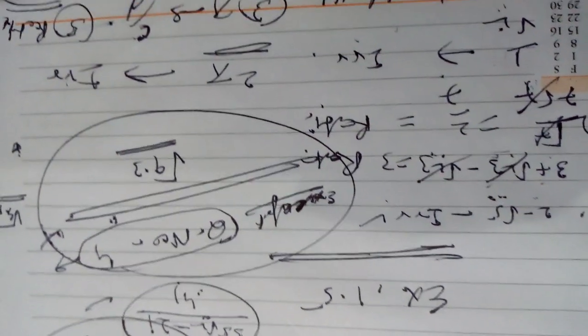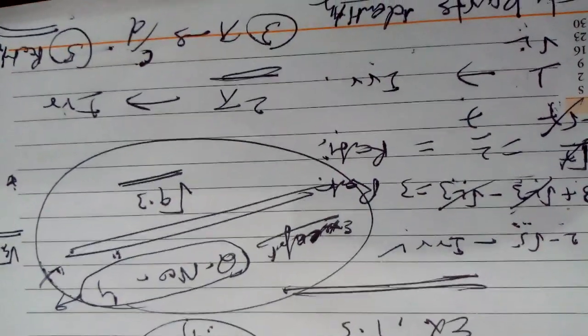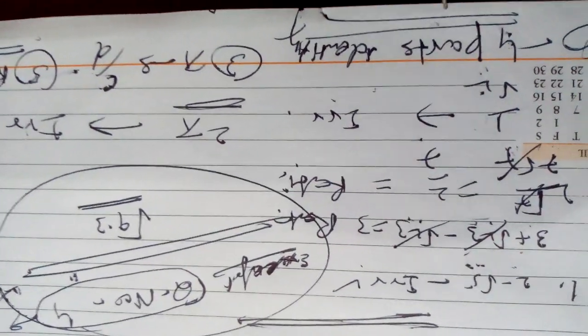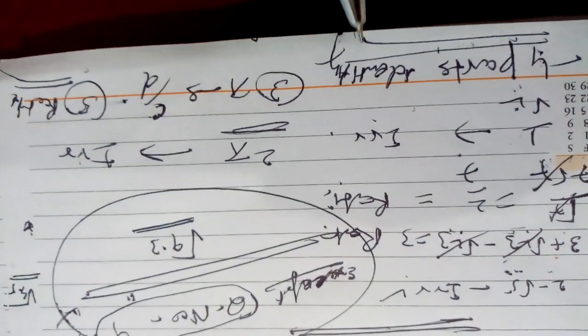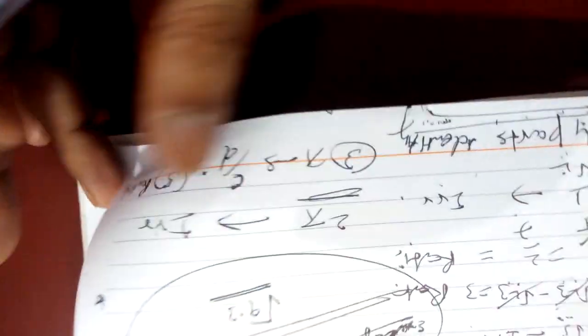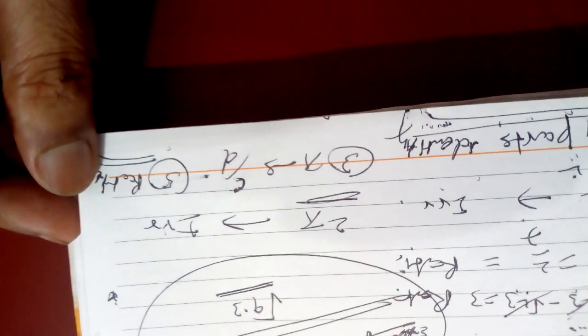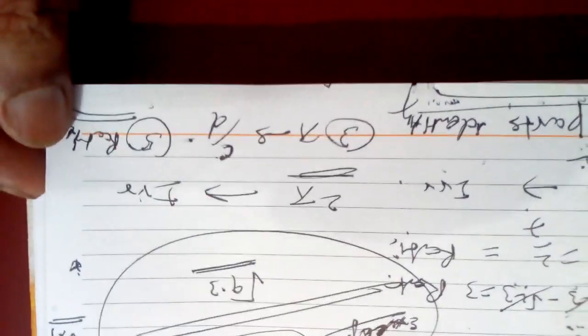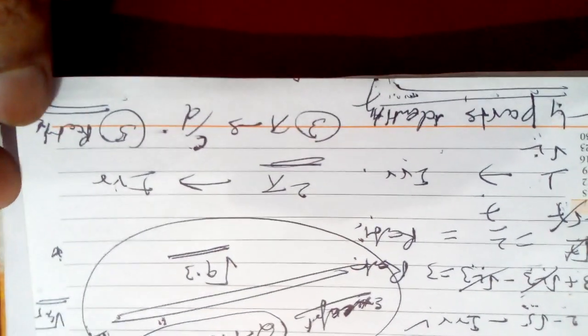Question number 2, totally 4 parts given, totally based on the identities which I have told you in the beginning. Beginning means you have seen these are the identities. Here you see this a plus b, a minus b. I have told a plus b whole square. Like this question number 2 is given. So all the parts you will try. Easily you can get a plus b, a minus b whole squares. Exactly the same is given, 2 brackets 2.